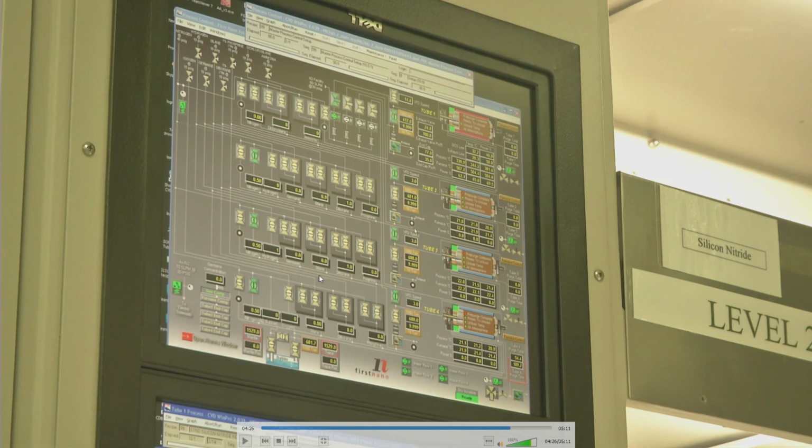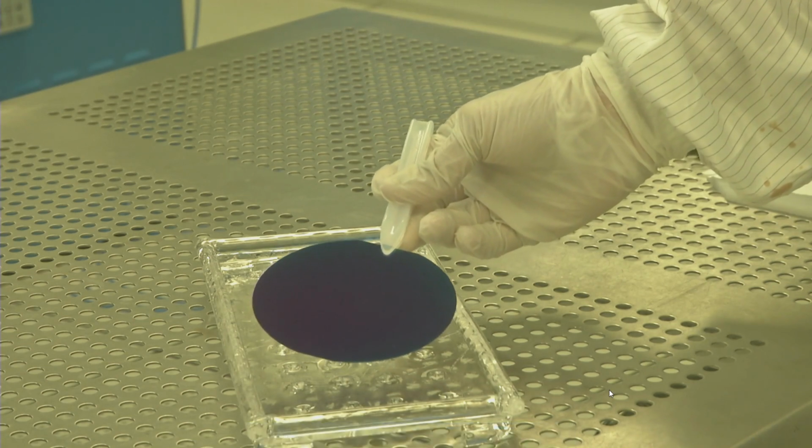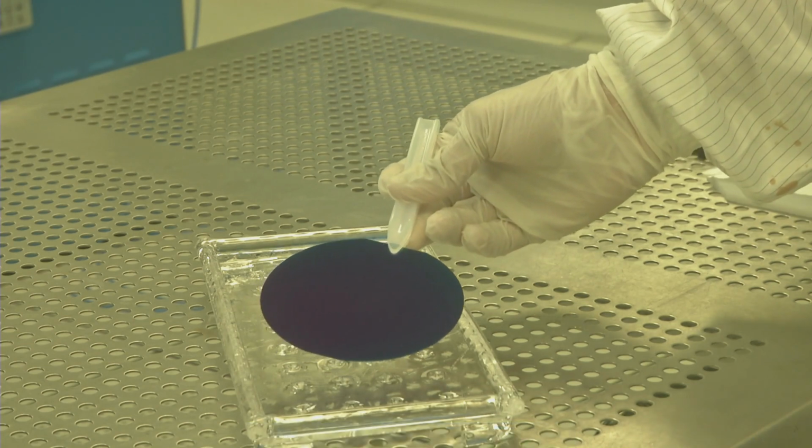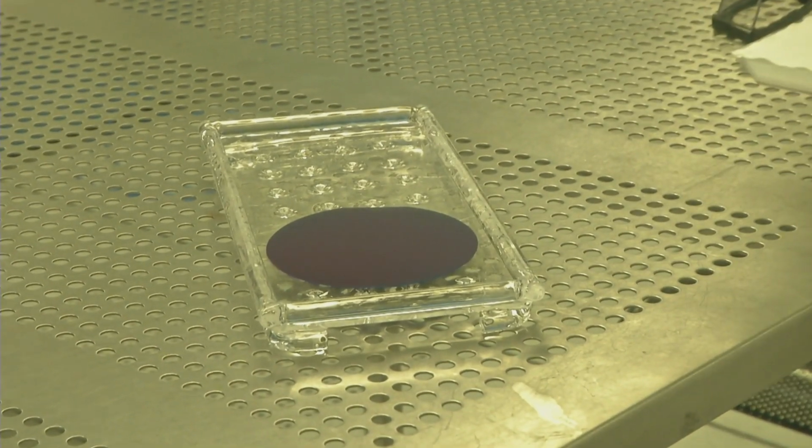You can see here various gases are identified, and you can notice some of those are 0 and some are non-zero. What it means is there is a flow through these tubes. Once the deposition is done, the wafer is removed, and what you see here is a silicon wafer deposited with silicon nitride film. Initially we saw the color of the wafer was grayish or blackish, right? Now you will see a bluish tint, and this bluish tint is because of the nitride film sitting on top of silicon.